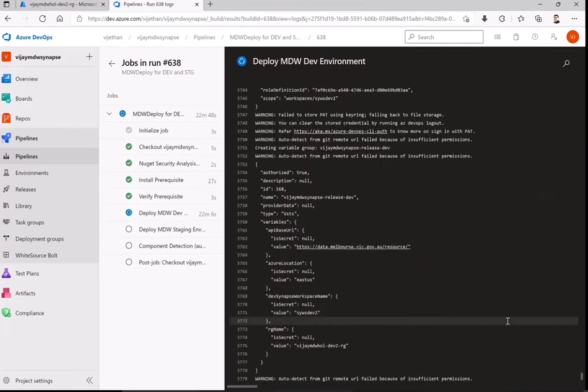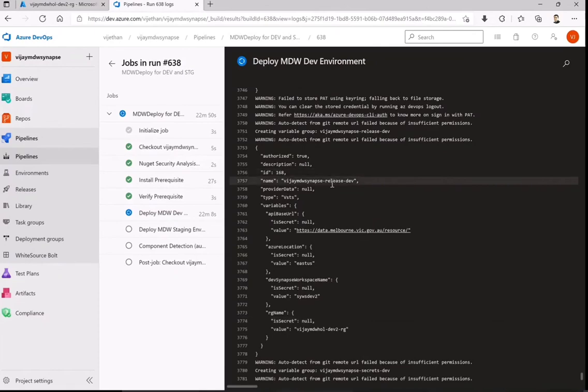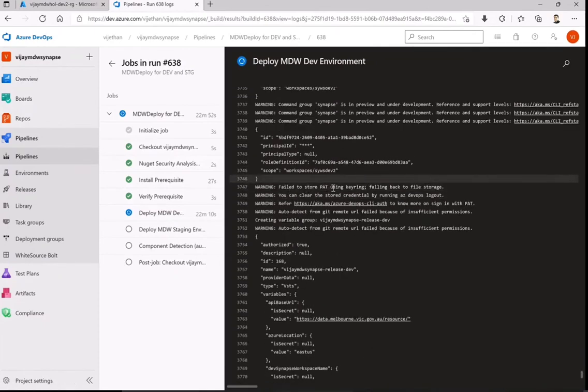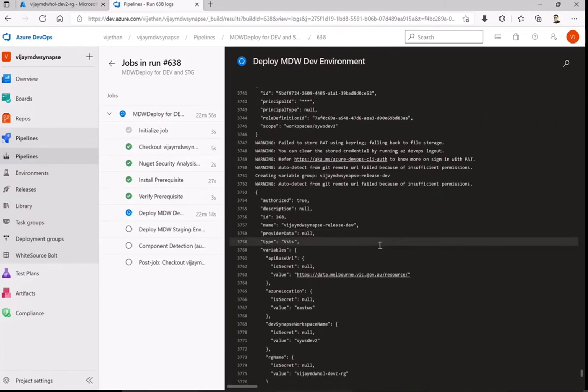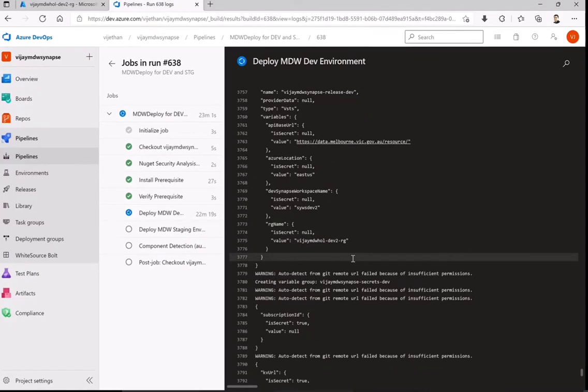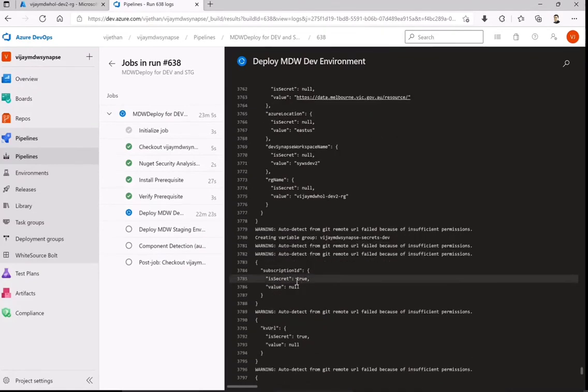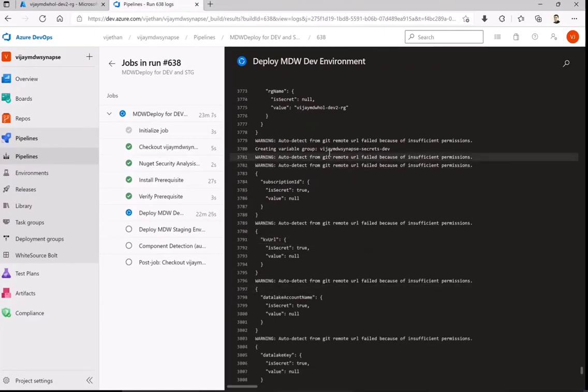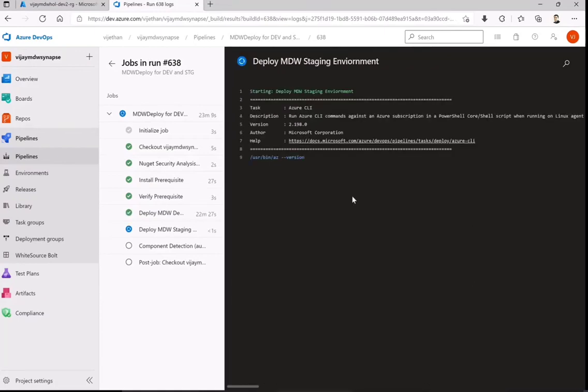Now this step is where you see this particular token being used. I'm using the token to actually create the variable group at runtime. Okay, so what I have shown you in the bucket list at the end, everything it is storing in those variable groups. Secrets.dev is the variable group name.